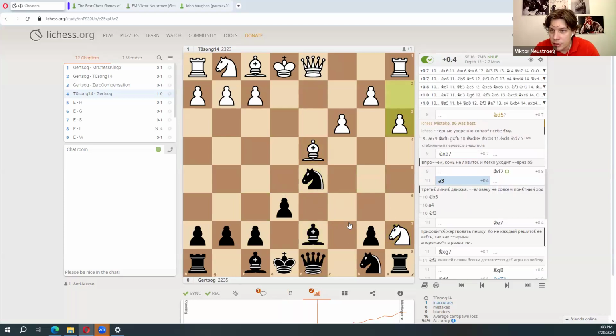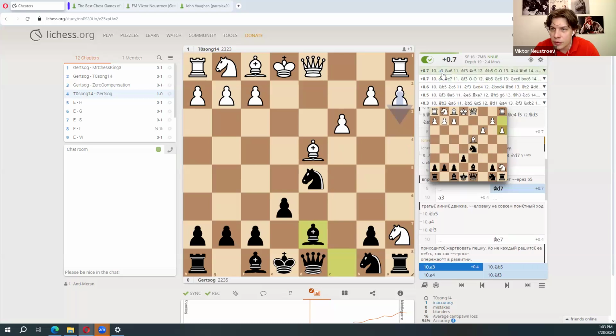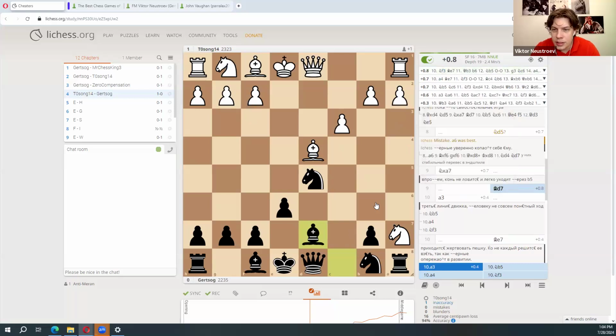A3. So what's the purpose? It's the second line of the engine. Maybe the first of some engines. But this is not what a human player would do. So a4 is what the human player would do with the idea of knight b5. Yes, the knight is already defended by the bishop, but what's the purpose of playing a3? Maybe instead they'd better just develop their pieces or save the knight.